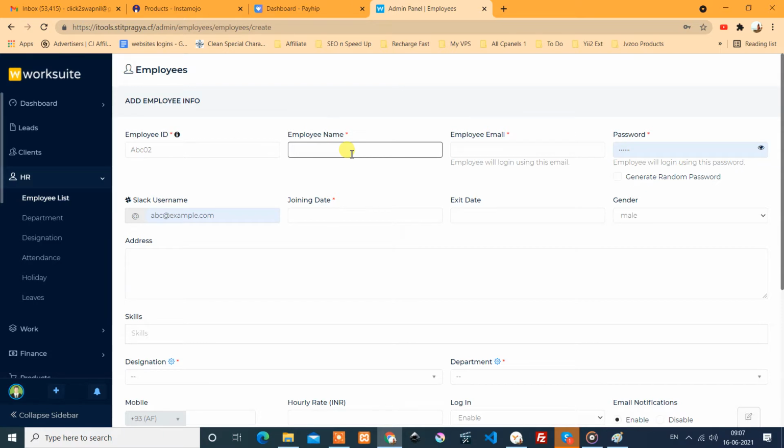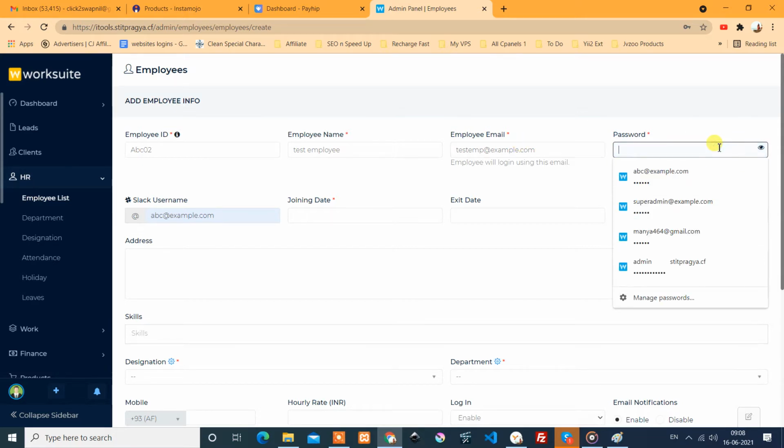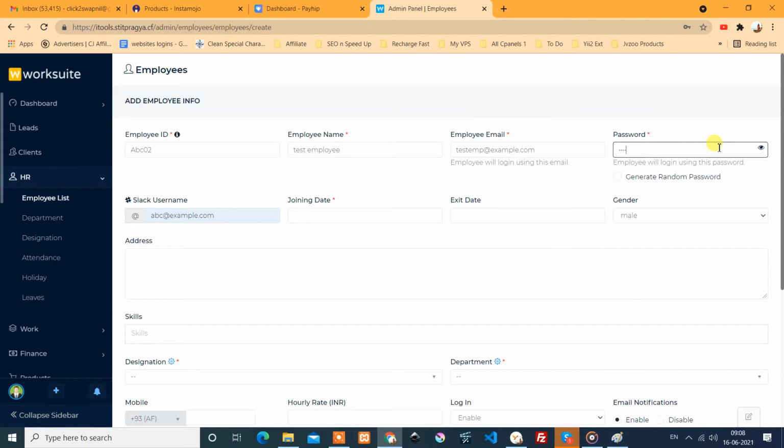Let's say the employee name is test employee. Email is test emp at example.com. You can have the real email. I give the password 123456 for demo purposes, but the password may be different.